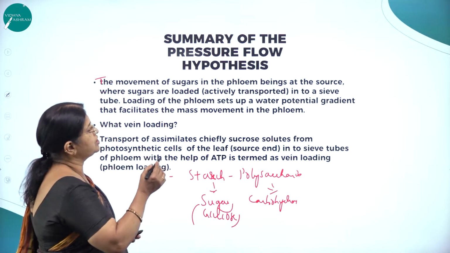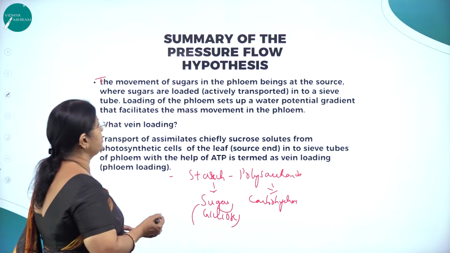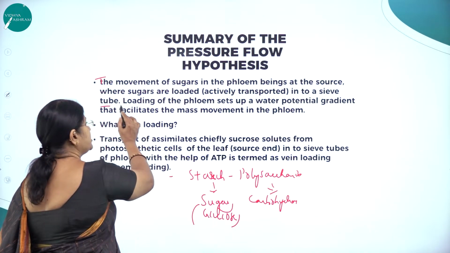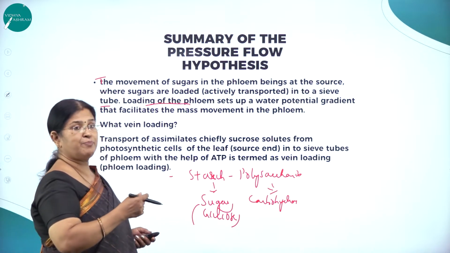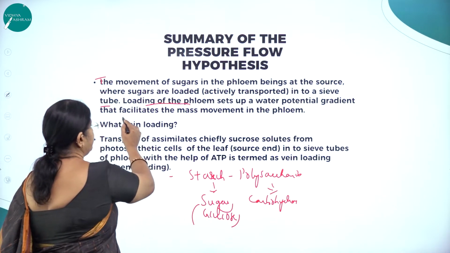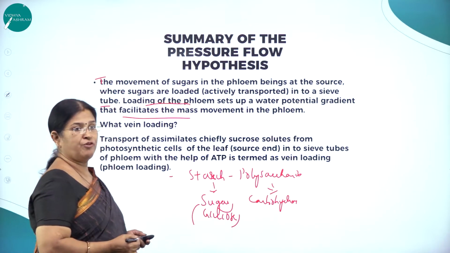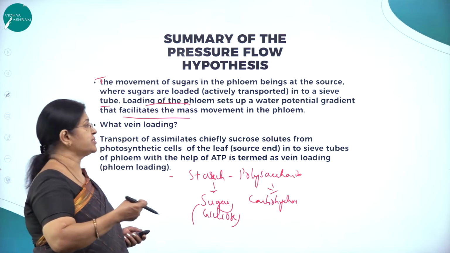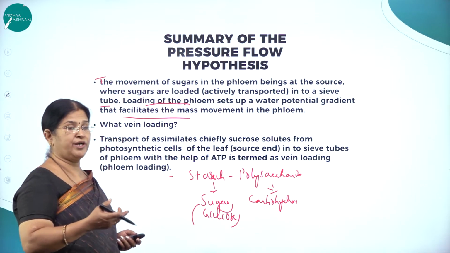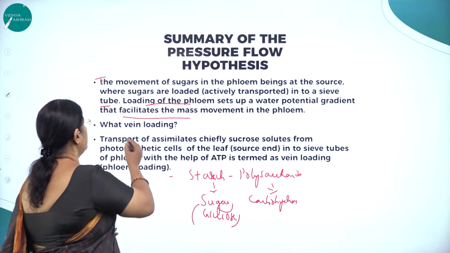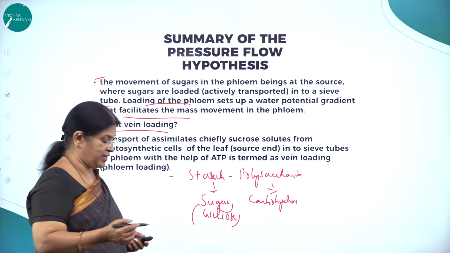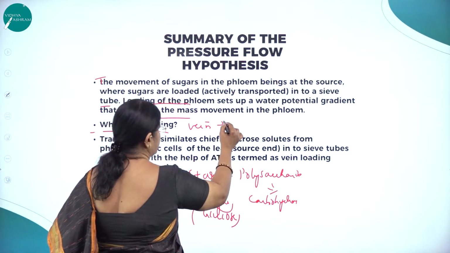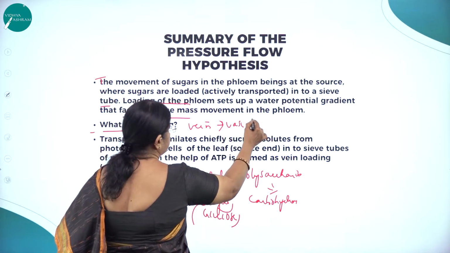So the movement of sugars in the phloem begins at the source where sugars are loaded into where? Into the sieve tube. Loading of the phloem sets up a water potential gradient that facilitates the mass movement in the phloem. So a water potential gradient is created when the sugar is loaded into the sieve tubes. So what is vein loading? Vein, as we already studied in the previous chapter, is what carries the vascular tissues,